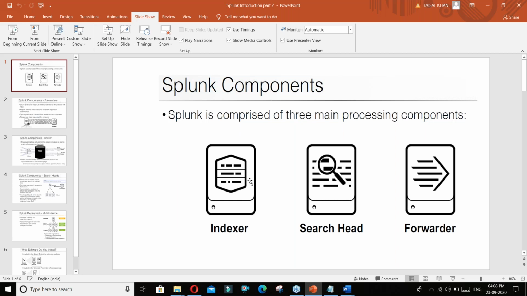Clustering at the indexer layer is so that I don't lose data. If one of my indexers goes down, there should be another indexer. There can be 3 indexers running with the same data, so that if one of them goes down, there is another indexer already available, and I have time to bring in another indexer or fix the issue on the one that went down.